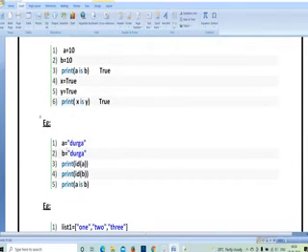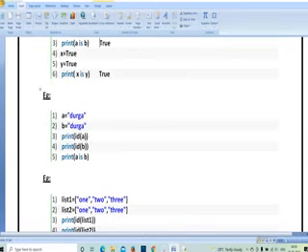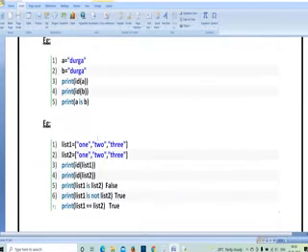Next, A equal to Durga, B equal to Durga. Next, print ID of A, means whatever the value I am having in A, I am going to get that Durga. Means print ID of B, I am going to get Durga. Next, fifth line, print A is B. Is A equal to B? It is asking. So I am going to get true, of course. My A and B are Durga, same values, isn't it?